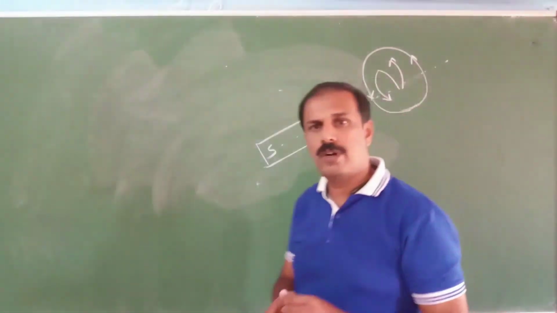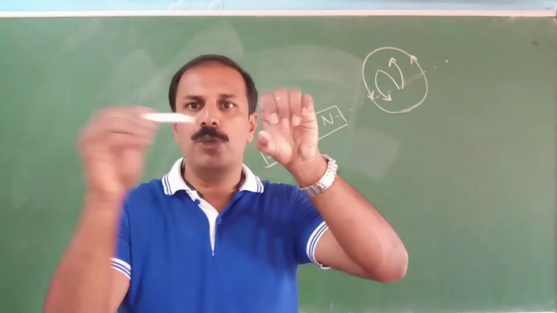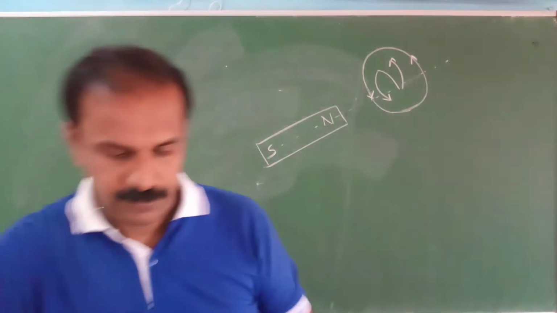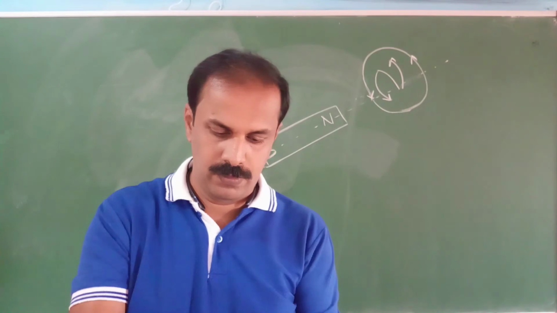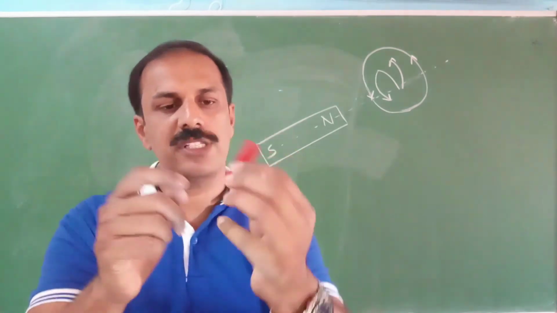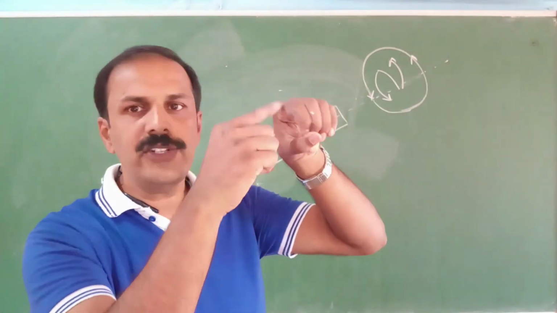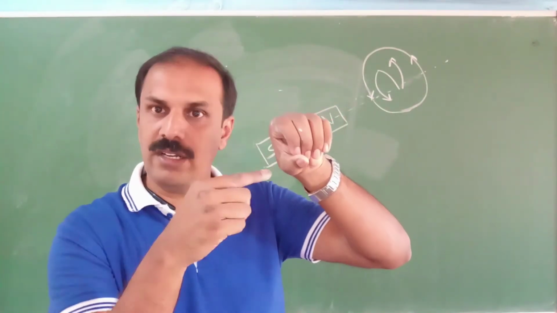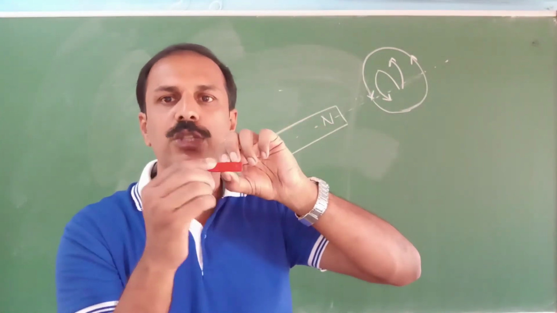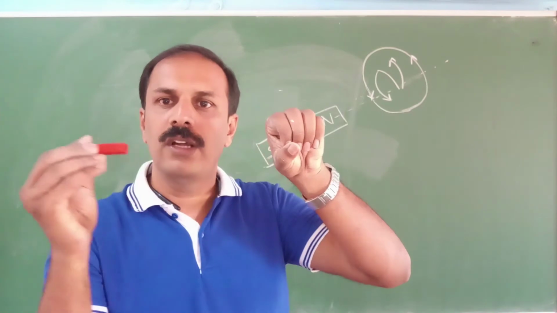Once more, if you have not understood, listen carefully. You have a magnet here. We will do it with the original magnet itself. So you have a magnet here, north and south are marked. This is north and this is south. So you have a coil here. When you push this towards this coil, it will produce a current, and that current will produce a magnetic field. That magnetic field should oppose this north pole. So opposing this north pole means this side of the coil should be north, and this side should be south when you push.